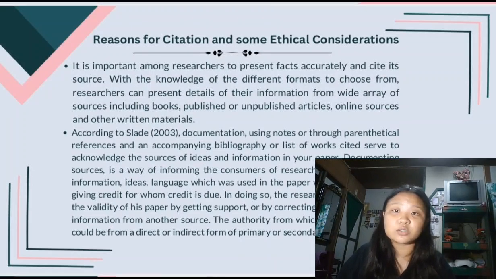And proper citation can also help support or verify research. It shows that the researcher's work is backed by credible sources or allows them to compare and contrast information from different sources. In addition, citations can come from sources the researchers directly read, or primary data, or from other sources that reference the information, or secondary data. In short, citations are a way to respect original authors, show where information came from, and make the research more trustworthy.